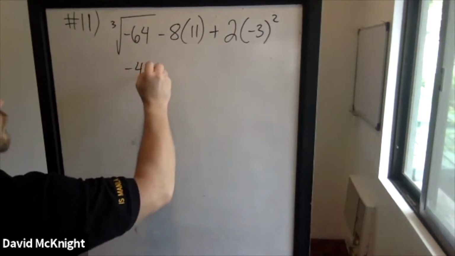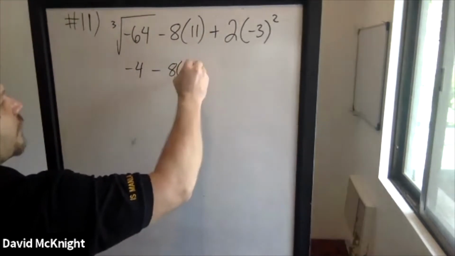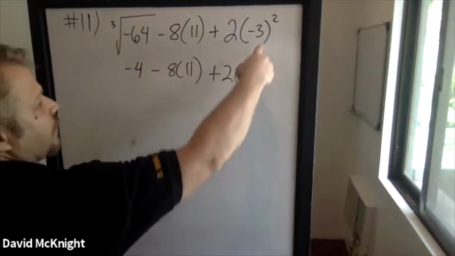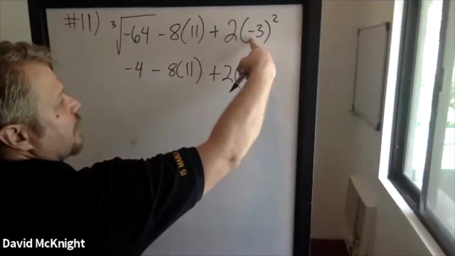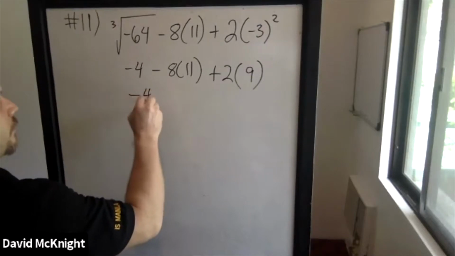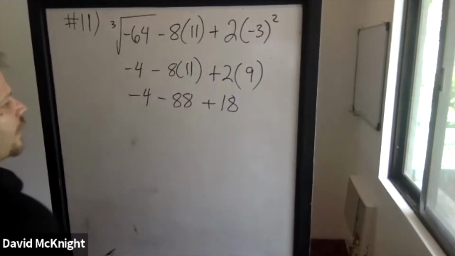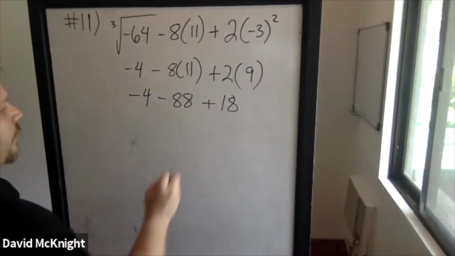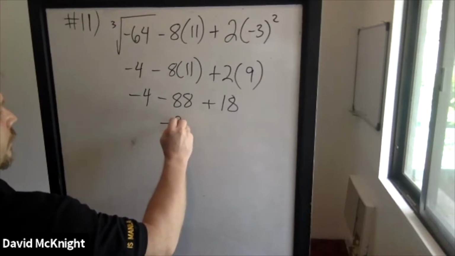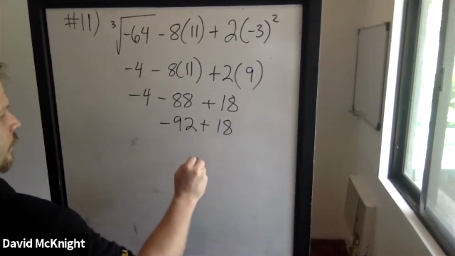So negative 4 minus 8 times 11. Plus 2 times 9, negative 3 squared is 9. Now we can look at our multiplication. Okay, and then we're going to subtract from left to right. This gives us